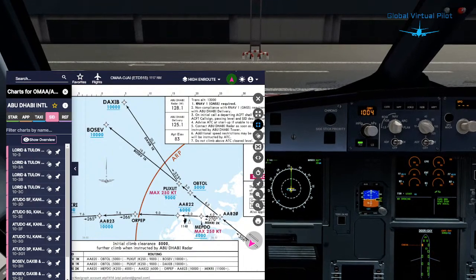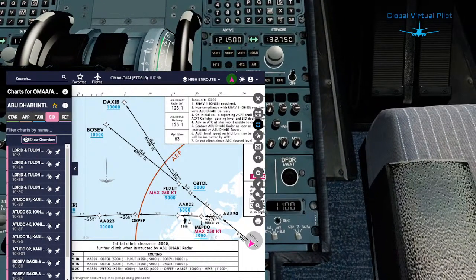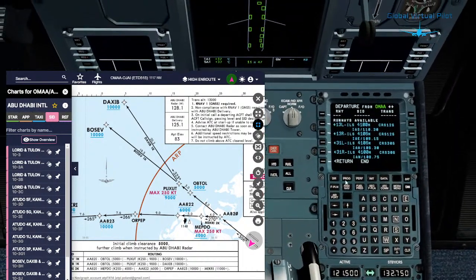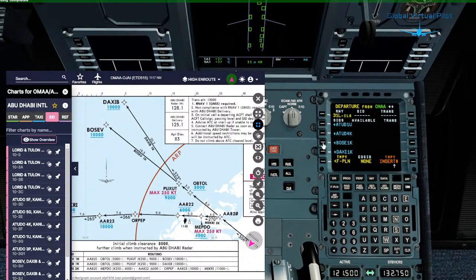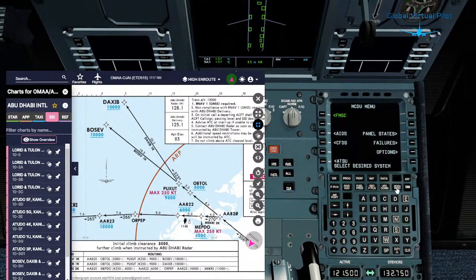Okay, we have 2 minutes out of this tent. We should already be moving in the direction of pushback now. So let's take runway 31 left, BOSEF 1 Kilo departure. Insert that, and then we should go for the performance section,